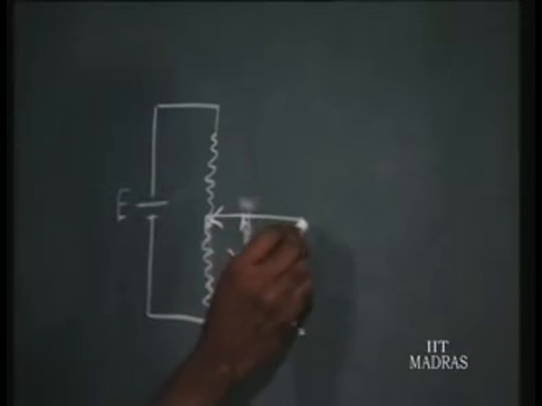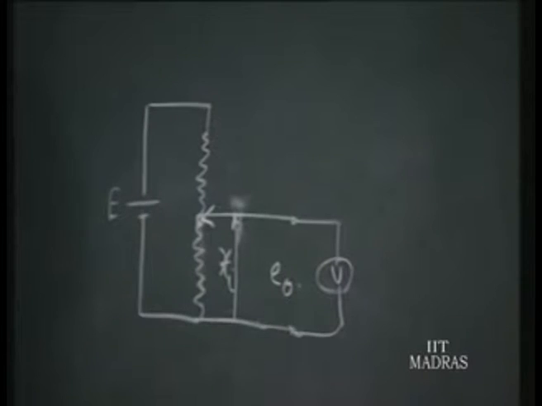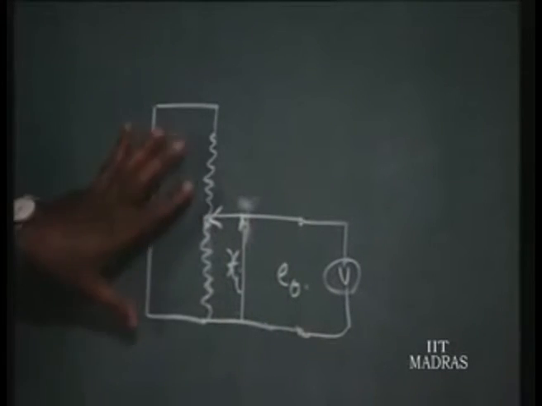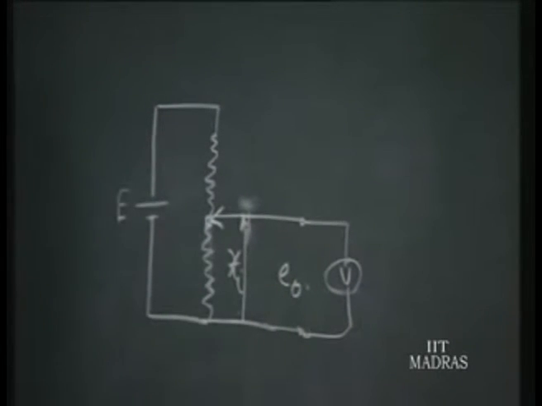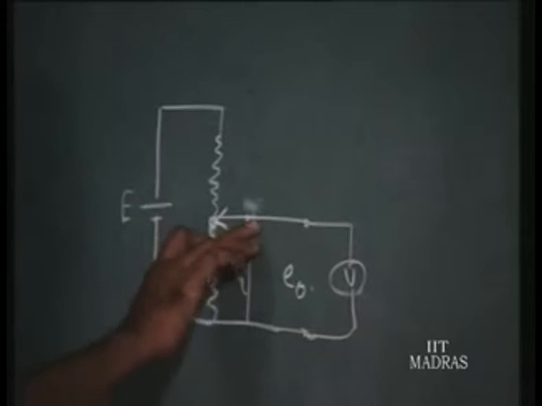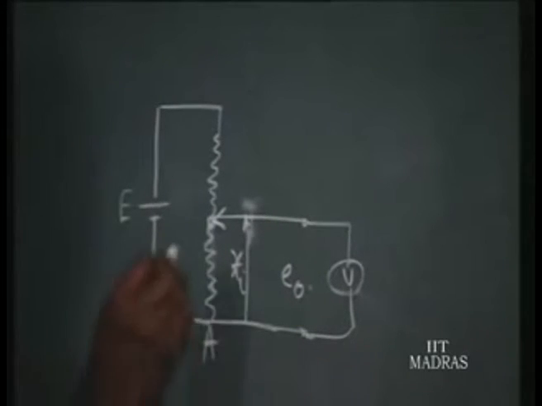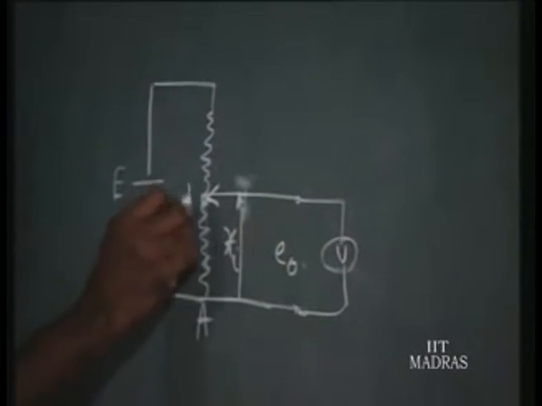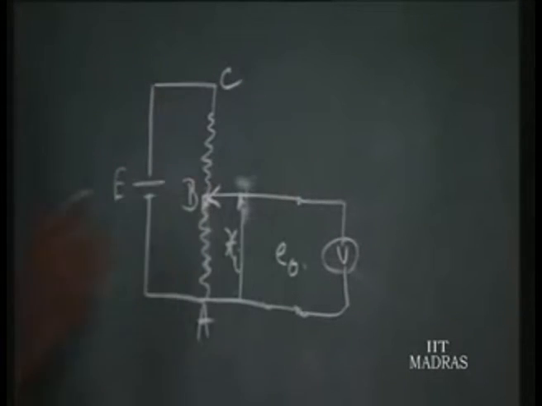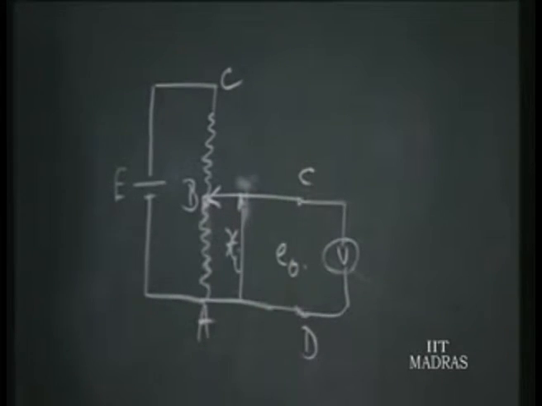Now suppose we want to connect a voltmeter here. Naturally we should know how the output resistance of this existing circuit varies. Accordingly we can select the resistance of the voltmeter. For that, call the resistance from A up to this operating point B, and this point C: A, B, C. Now we want to connect the voltmeter across CD.